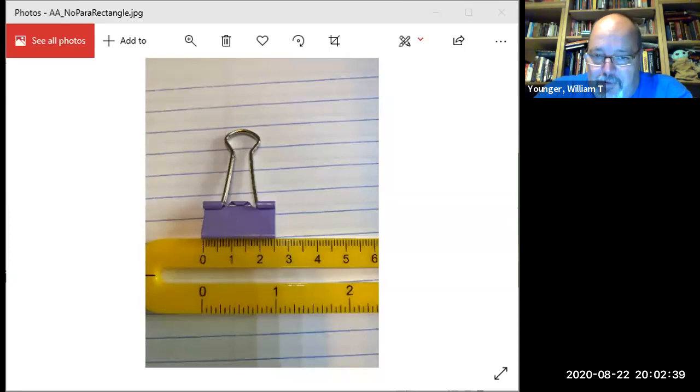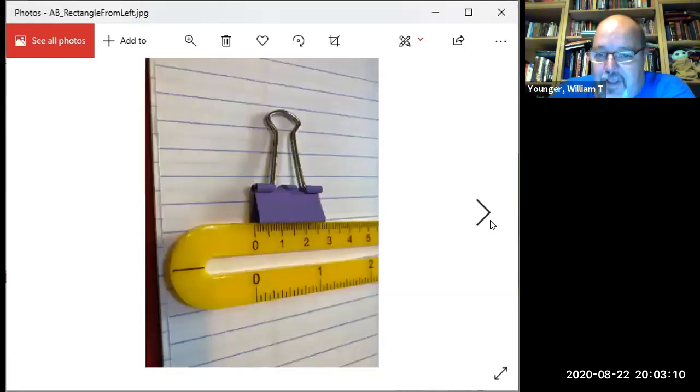But one thing I wanted to point out is, it's kind of hard to tell here, but this is actually set up ideally. I made sure I put the binder clip, the purple object, lined up perfectly on the zero on the left-hand side of the yellow ruler. And then I took the photograph so that I looked straight down, perpendicular to the page and therefore perpendicular to the edge of the binder clip,